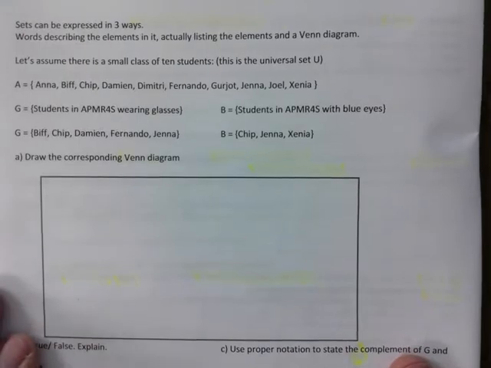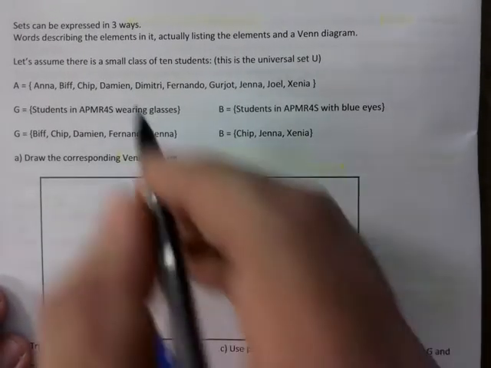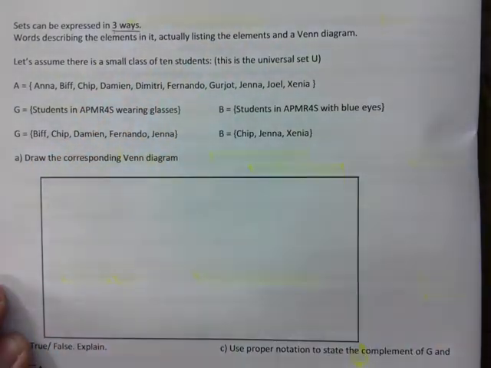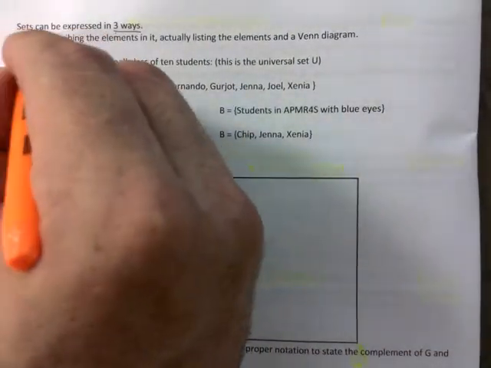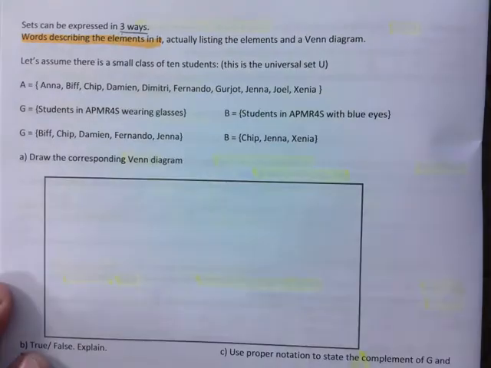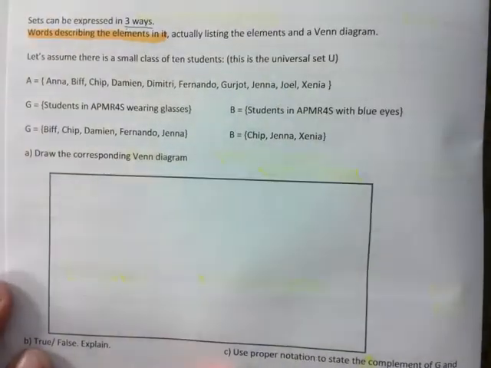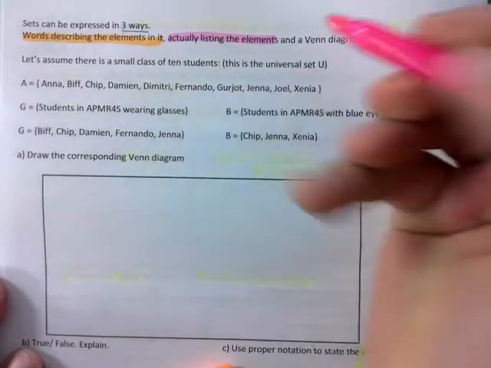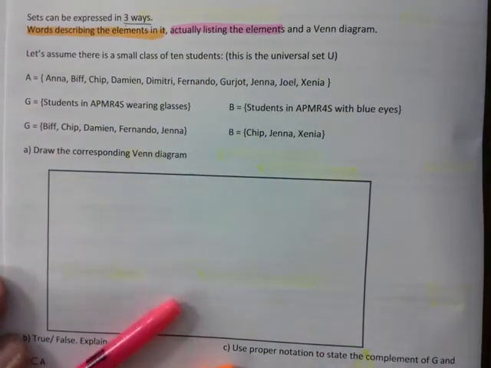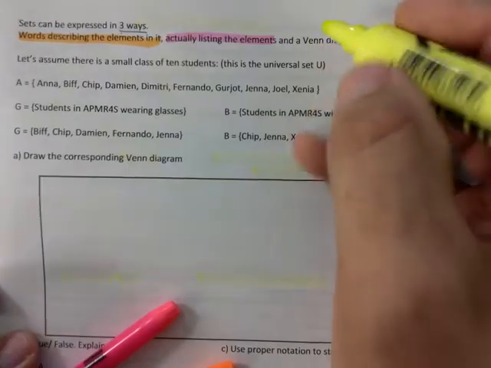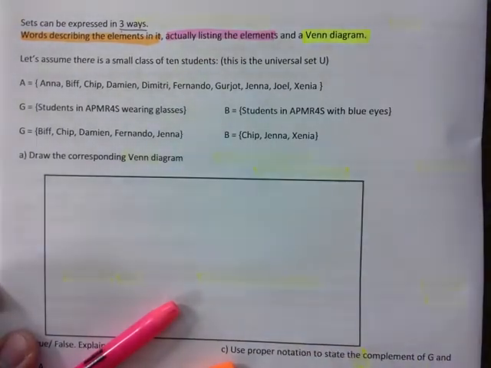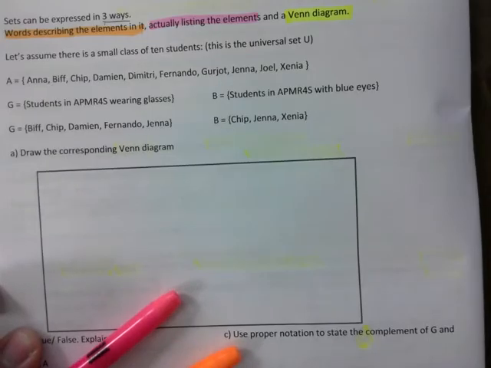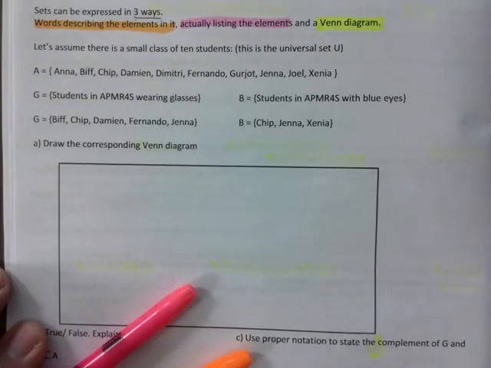So next page, we have sets can be expressed in 3 ways. We can have words describing the elements in it. We can have the elements actually listed, or my favorite, and it's soon to be your favorite, a Venn diagram, or your money back. Wait a minute, you didn't pay for the course. Anyways,